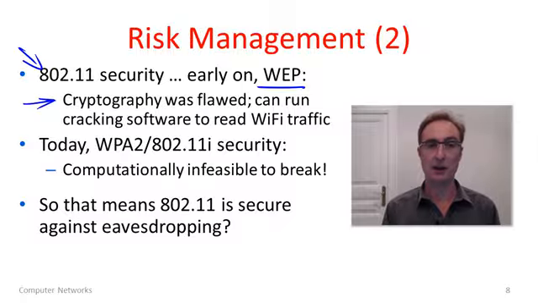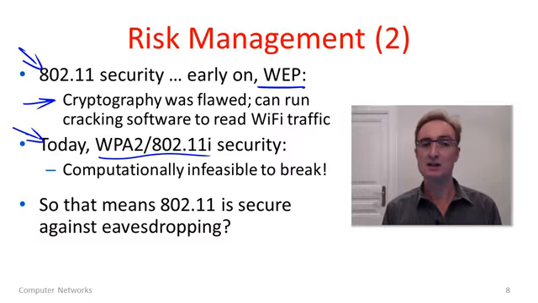Now you can download software packages which, if a network is using WEP, can just intercept messages as an eavesdropper, crack the security of the scheme, get the network password and be able to read everything within a few minutes. So really, this is not a strong defense. This is well known, and today the standard is not to use WEP, but there's a new scheme. We'll look at this eventually. This is WPA2, or 802.11i. This is a much better cryptographic design, and as far as we know, it's computationally infeasible to break. Computers would just have to compute for so long to read messages that it's not going to happen. So we've taken a major step up here.